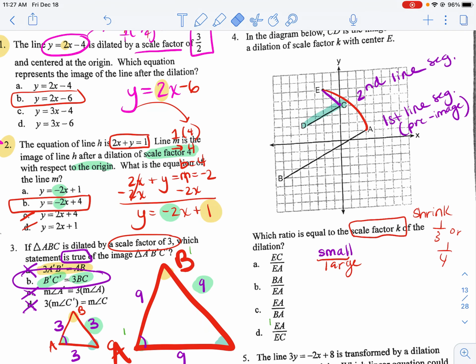Now if I look at this one, and I'm going to compare the sides here, B to A